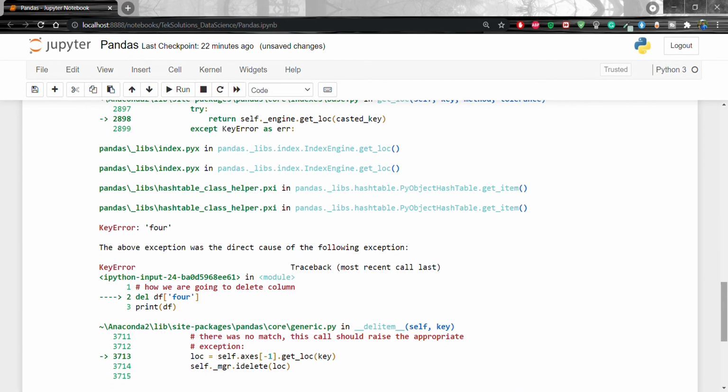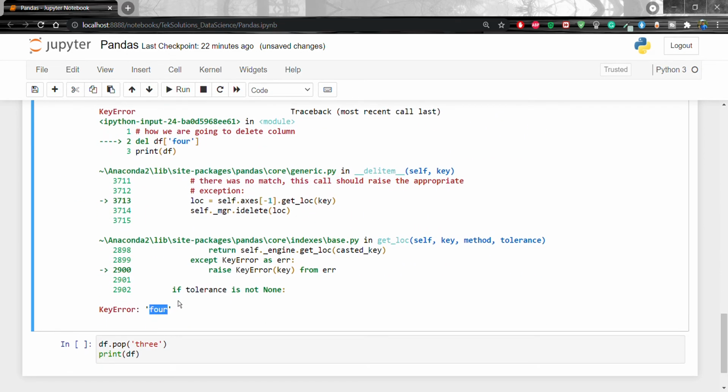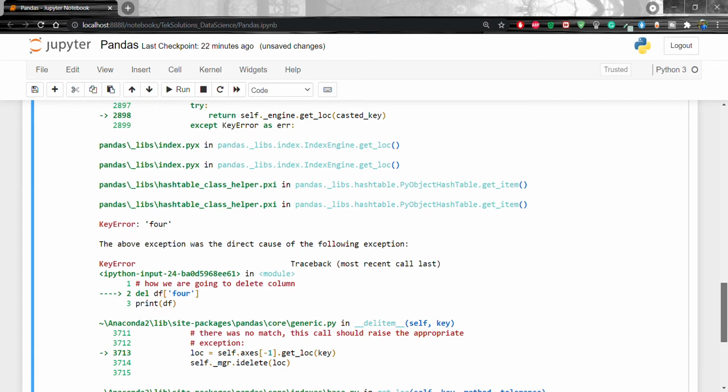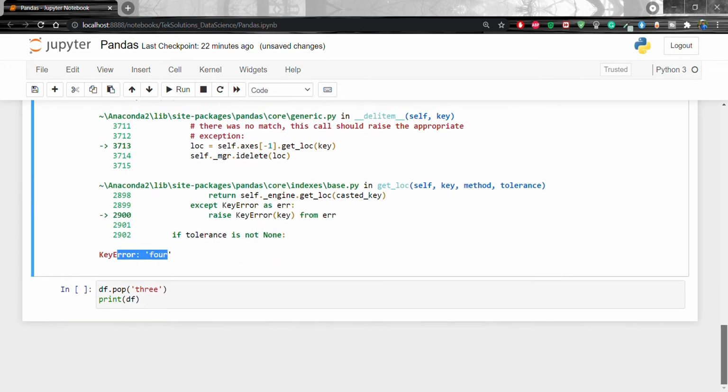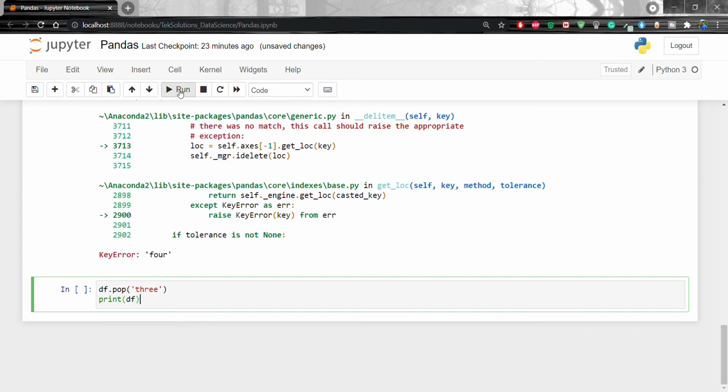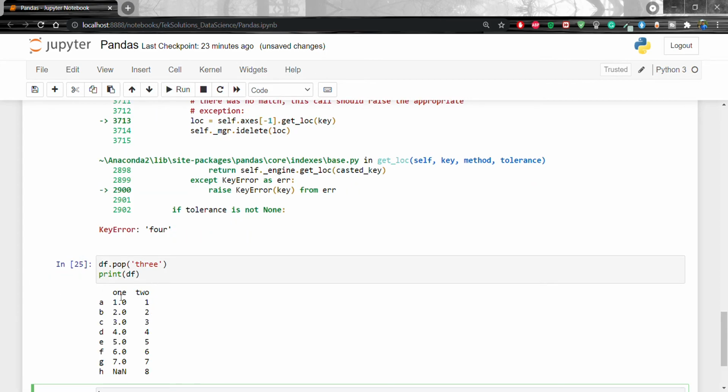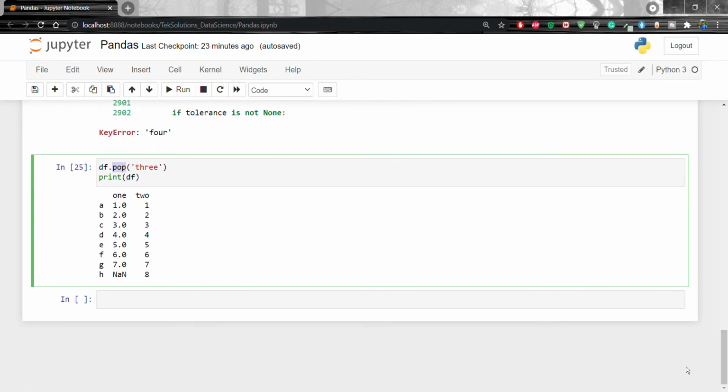Right? It is showing 4, that is not the complete error message, but it is showing the 4th column is not available to delete. Okay, so now I am going to pop 3, right? So the 3rd column is also deleted using the pop method. So this is clear now.